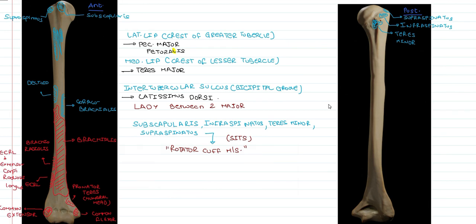Now let us move towards the other muscles originating and inserting on the posterior aspect. Now we have the lateral head of the triceps brachii muscle, insertion of the deltoid muscle, few fibers of brachialis originating from the posterior side, and a large portion of medial head of triceps originating from the posterior surface of the humerus. Also, we have the origination of the anconeus muscle. From the medial epicondyle, we have the origination of the flexor compartment muscles, and from the lateral epicondyle, we have the origination of the extensor compartment muscles.